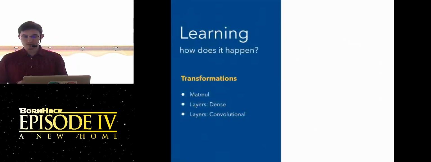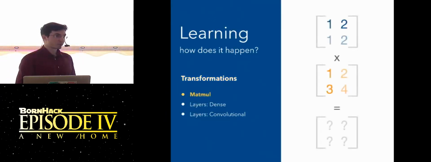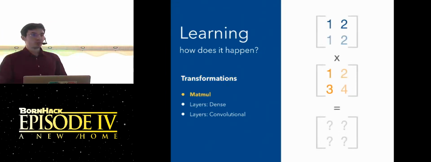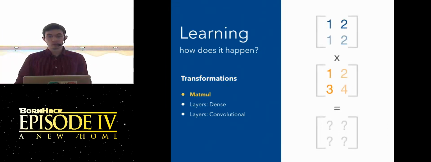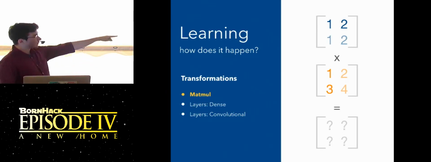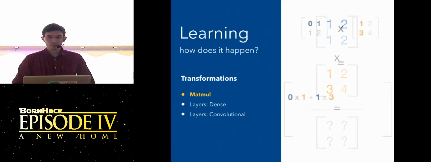Okay, but that's obviously not enough. We need to transform them in some way. Mathematically, what we usually do with these tensors is matrix multiplication, also called their dot product. So here we have a very simple matrix multiplication example, 2 tensors, both of them 2 by 2. We could be tempted to multiply them just element-wise, you know, that 1 in the top left corner multiplied by that 1 in the top left corner of the other matrix, and that's the top left corner of the final one. It's actually a little bit more involved.